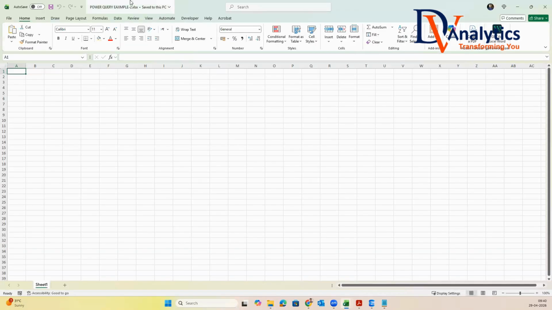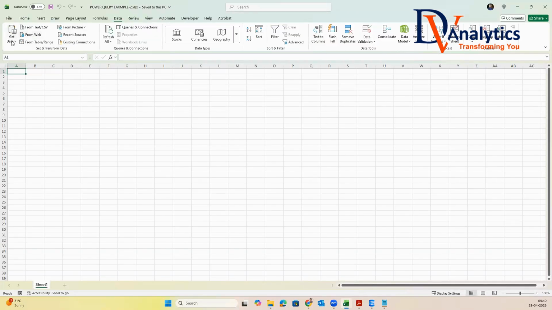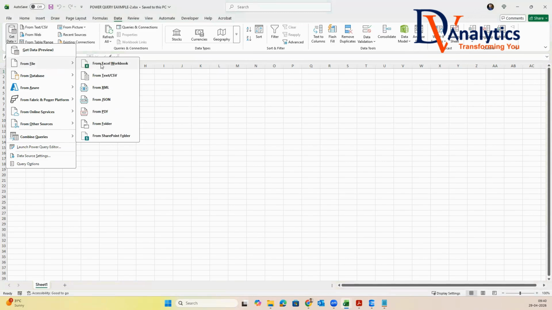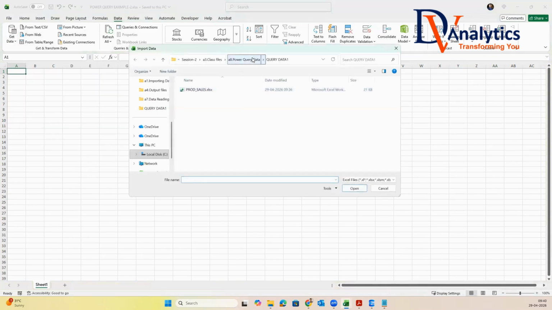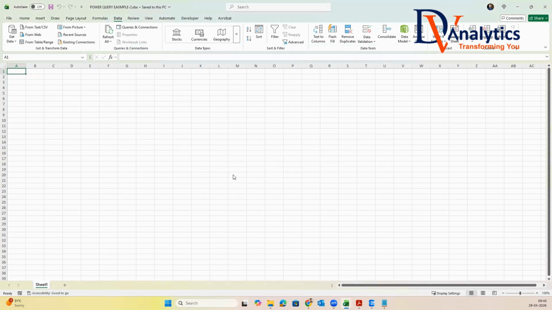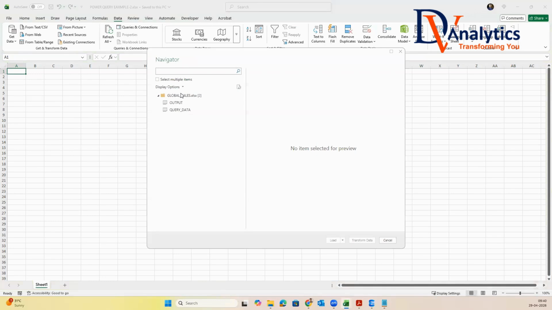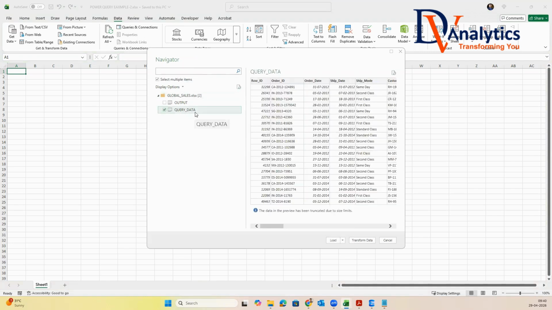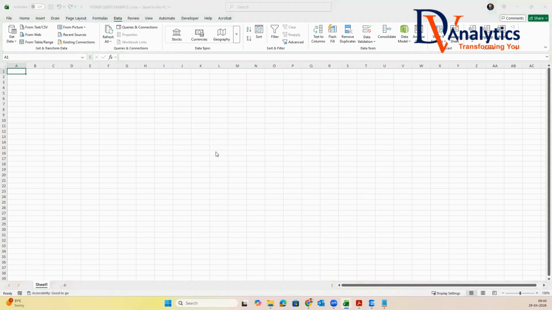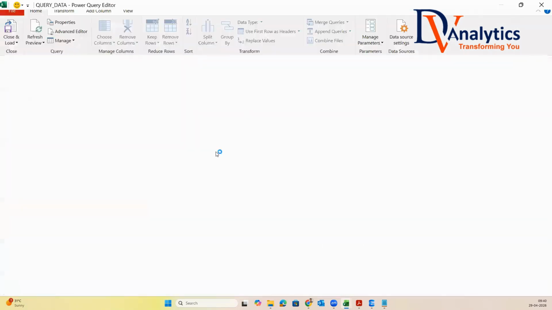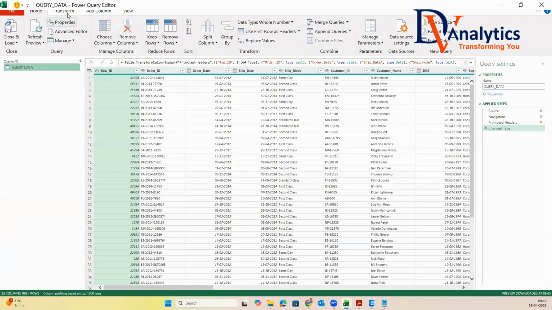Open this file. Go to data. Choose the file from Excel file. Go back to this query data. Click on global_sales.xlsx file. The moment you click on it, you will select the multiple items. You will click on Query data. You will choose Transform data. The moment you click on Transform data, it will open in a Power